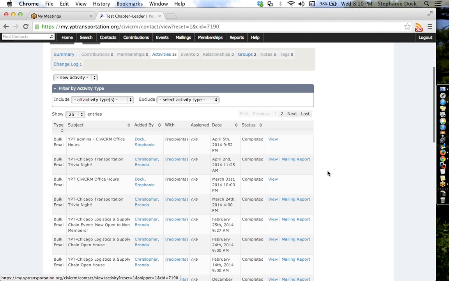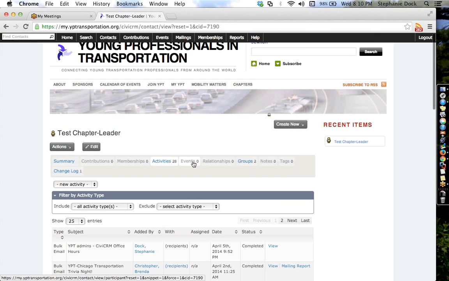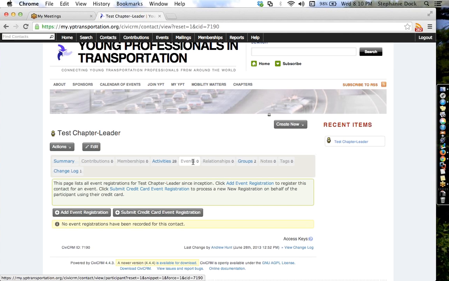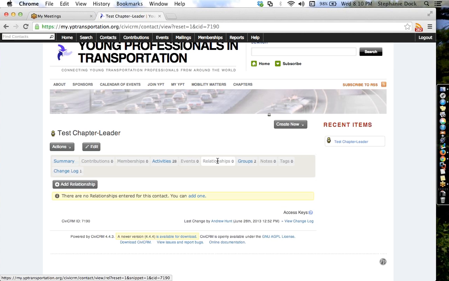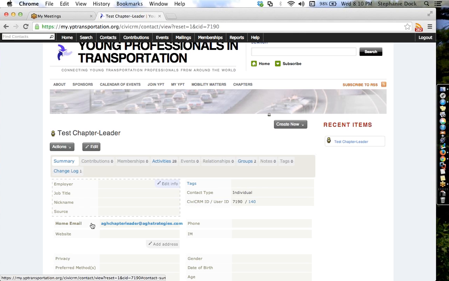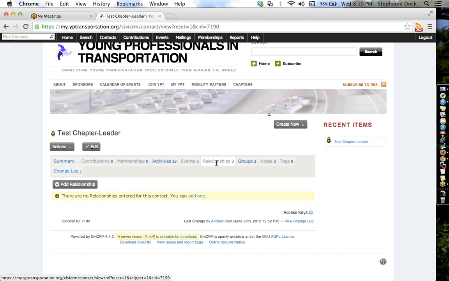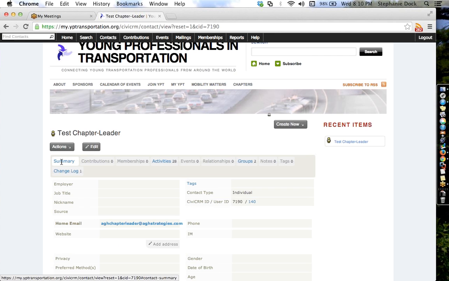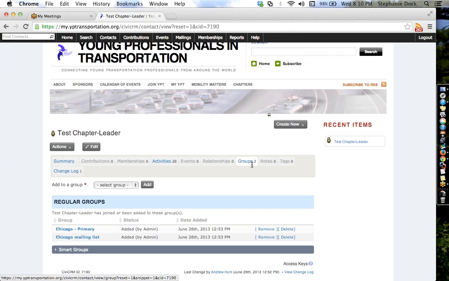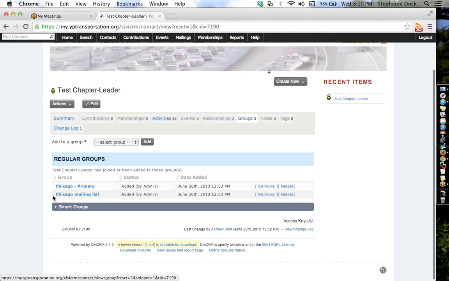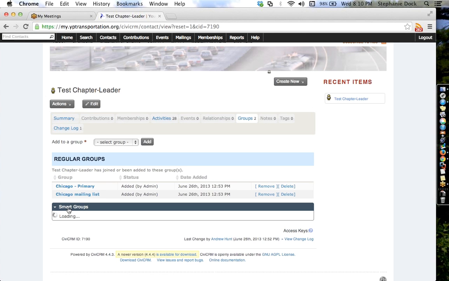And then you can also see the mailing reports for somebody. If I had signed up to go to any events as test chapter leader, that would show up right here. And if I had an employer listed here, that would be a relationship that I have. So the employers all have records, which are then cross-referenced with the members. And then test chapter leader is in Chicago, and if this is updated,